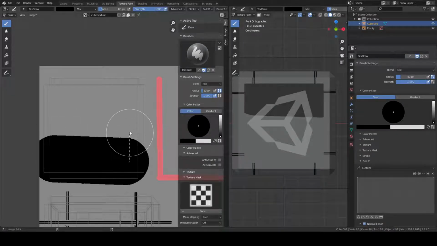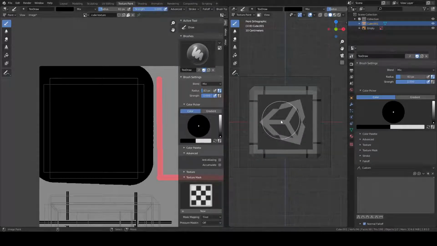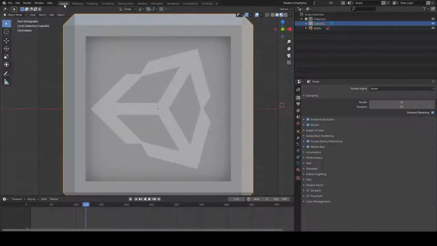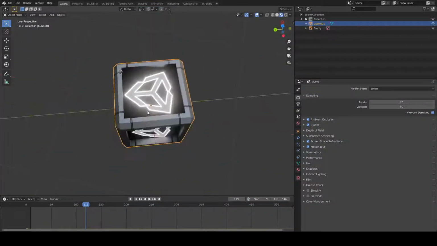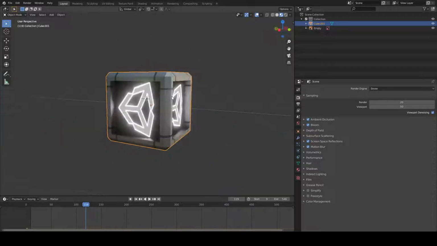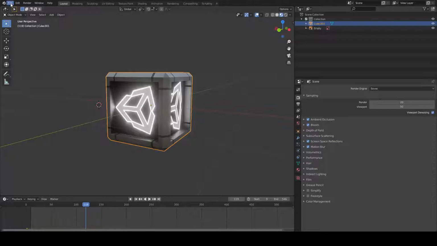And then we're going to go back over here and turn this into a black background again because I messed it up just a little bit. All right, so now if we go over here, hopefully I painted it all correctly. I did. And there's our logo. It actually uses the node editor, but I already have it all set up. So yeah. Now we're just going to go over here. We're going to save as the Unity cube. But we want to save all the parts of it,